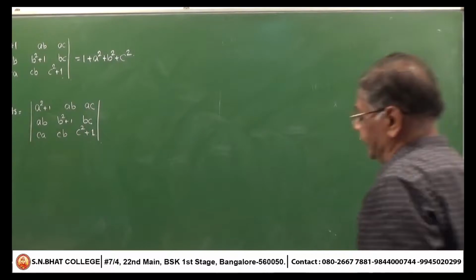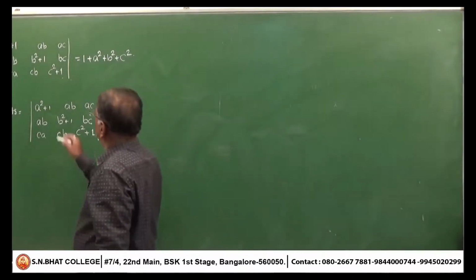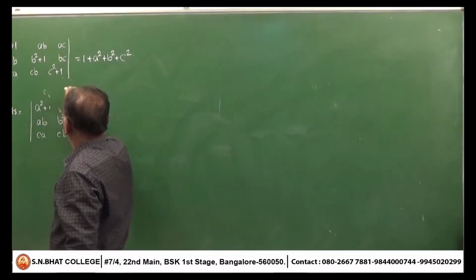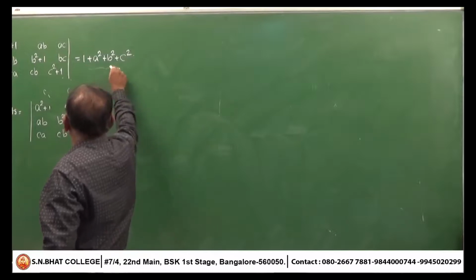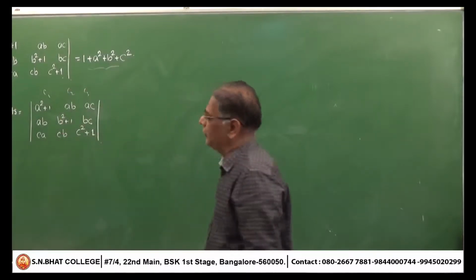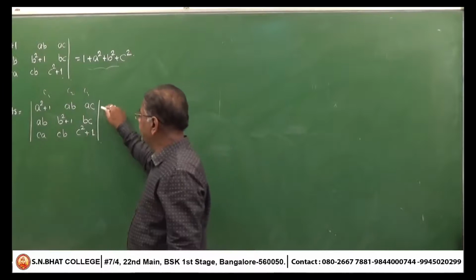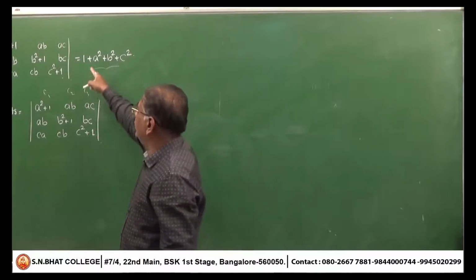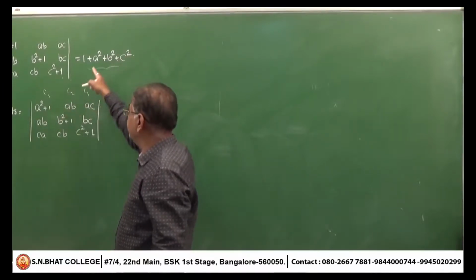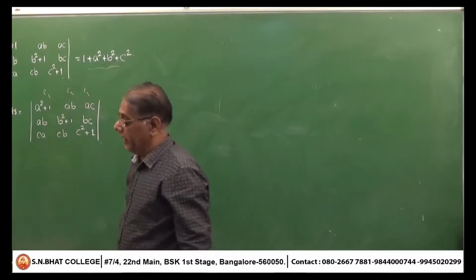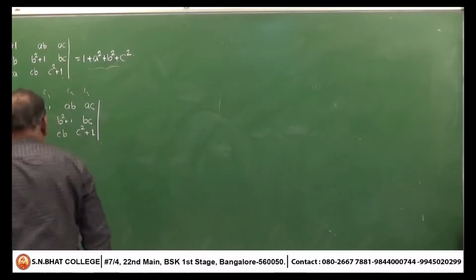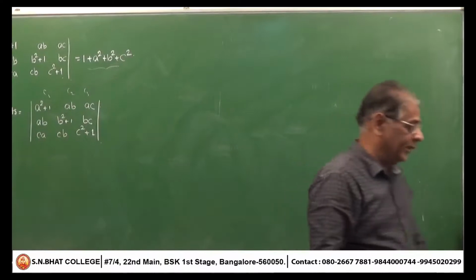See all the 3 rows and all the 3 columns. If I add the 3 rows, can I get 1 plus A square plus B square as a common factor? Or if I add the 3 rows, can I get the common factor 1 plus A? You will not get this as a common factor if you add the 3 rows or if you add the 3 columns. Therefore, what you have to do is,